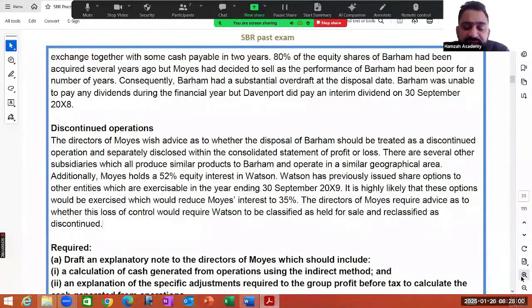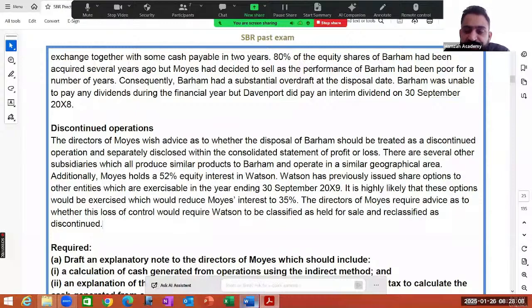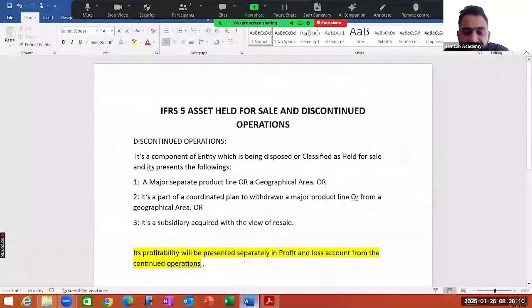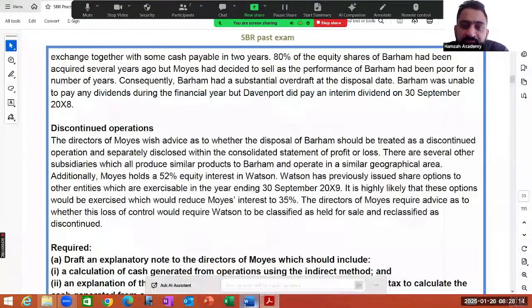And then we will discuss the definition of a discontinued operation, which we have discussed here today as well. And then we will apply that definition and criteria on the given case study. Now, first of all,